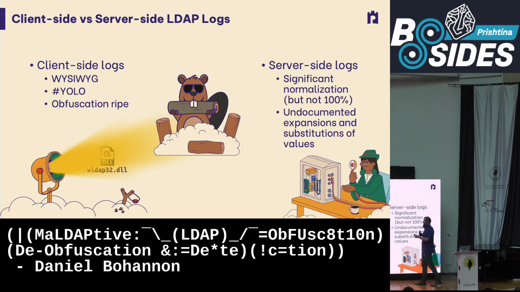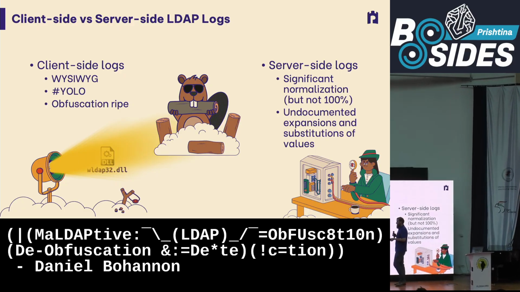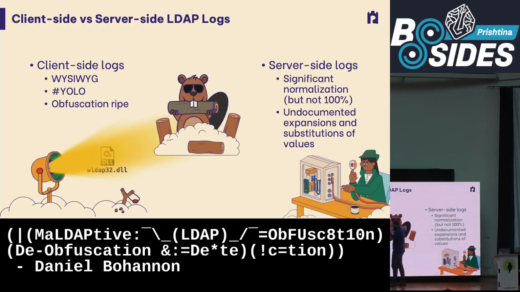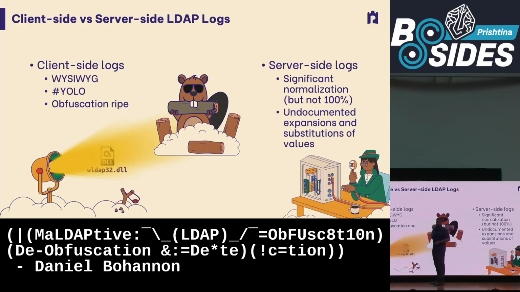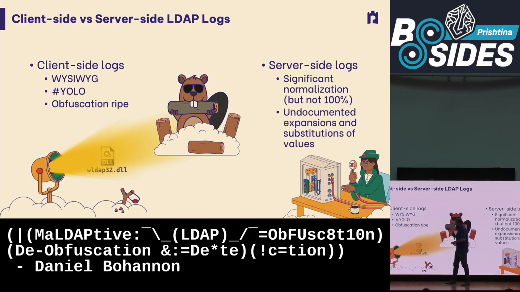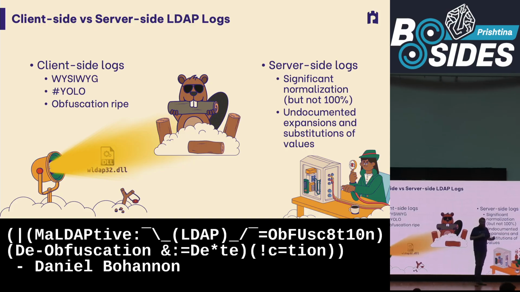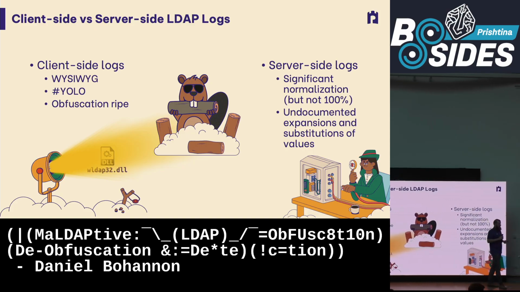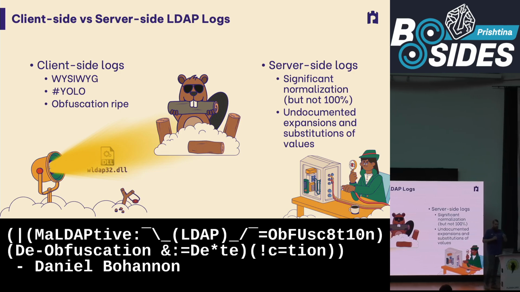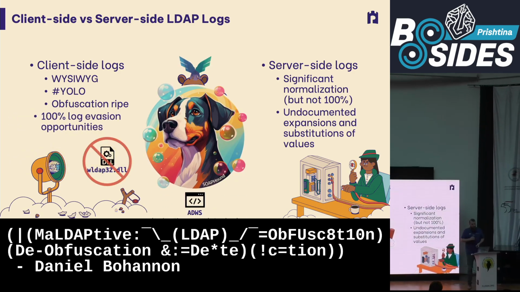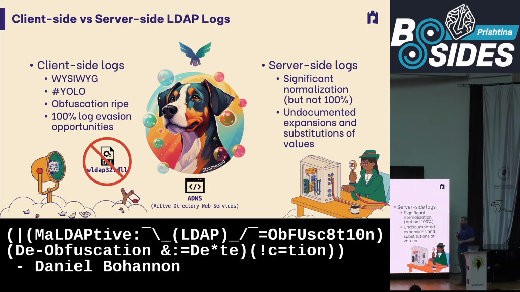all this visibility I just talked about on the client side depends on the fact that you're calling that API through WLDAP32.dll. If you use another means of issuing the LDAP request, there is zero visibility on the endpoint unless you have some endpoint network visibility. So the team over at FalconForce released a tool a year or two ago, which